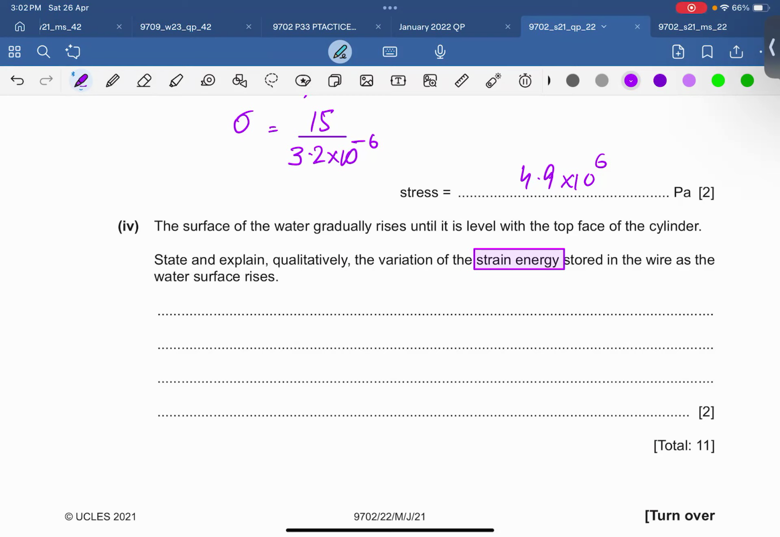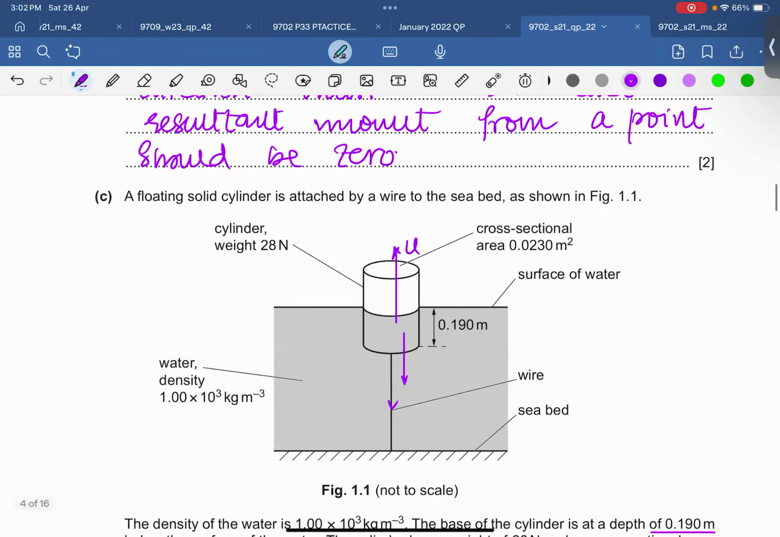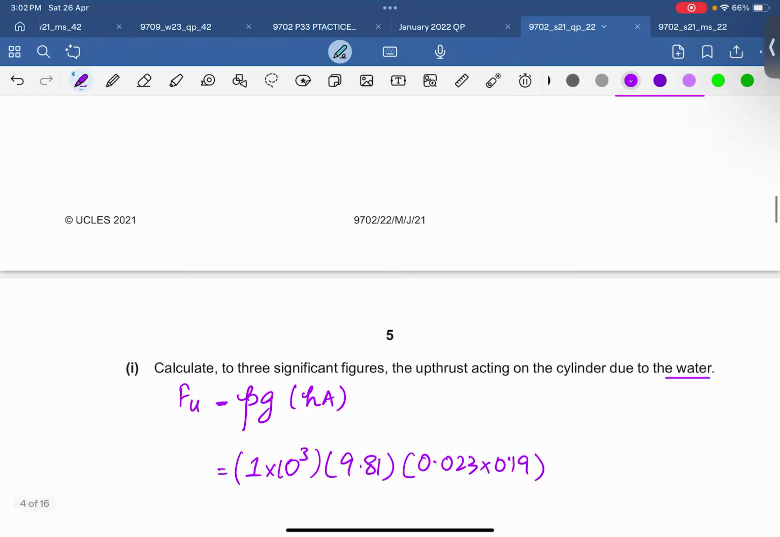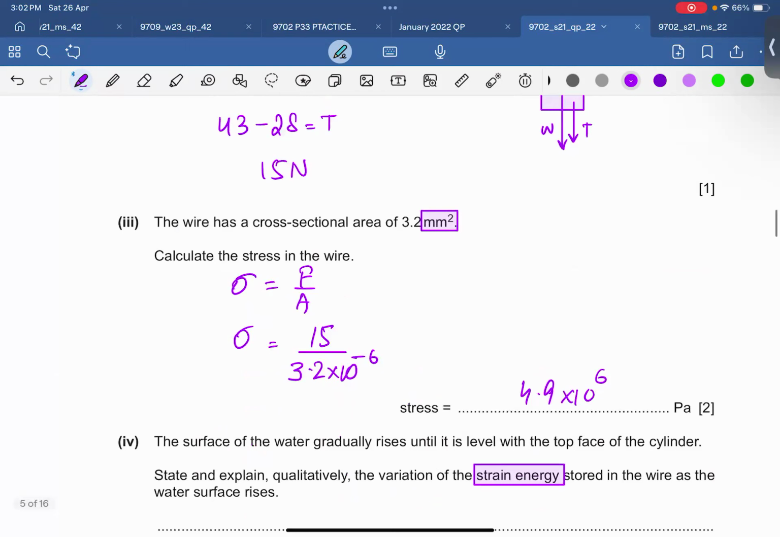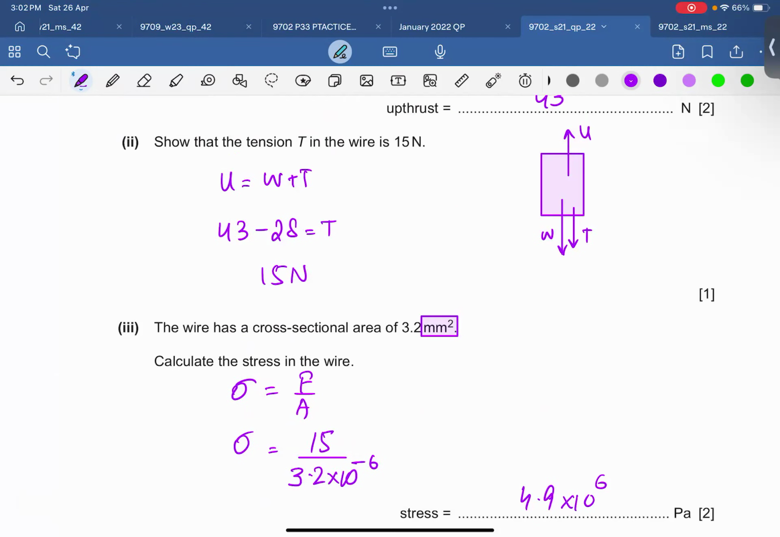एनर्जी बेसिकली एक्सटेंशन पे डिपेंड करती है, कितनी ज्यादा या कितनी कम एक्सटेंशन है। सरफेस ऑफ द वाटर ग्रेजुअली राइजेस, मतलब पूरा सिलेंडर अंडर द वाटर है। तो टेंशन के साथ क्या होगा? टेंशन इंक्रीज होगी, आई गेस। क्योंकि अब वॉल्यूम बढ़ गया है।